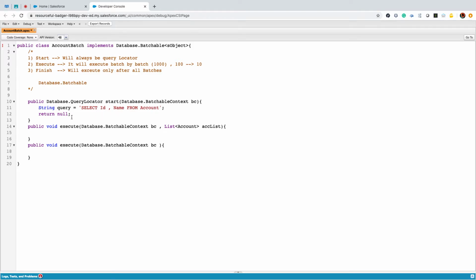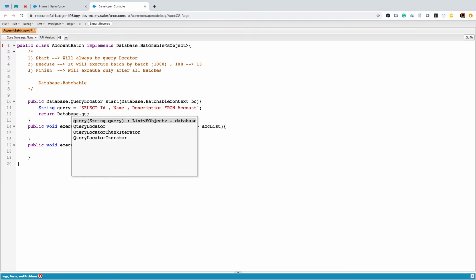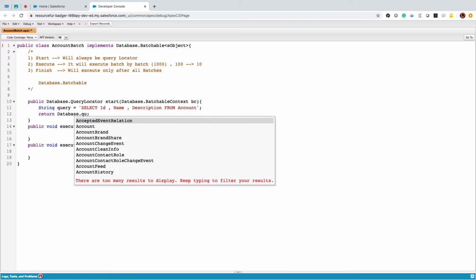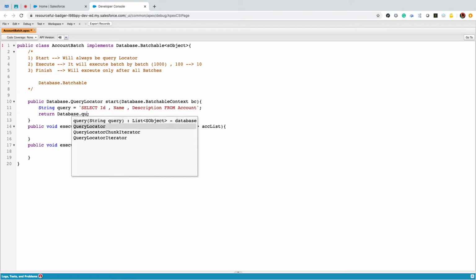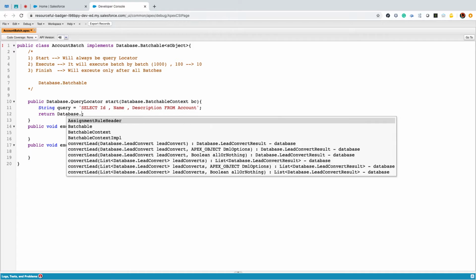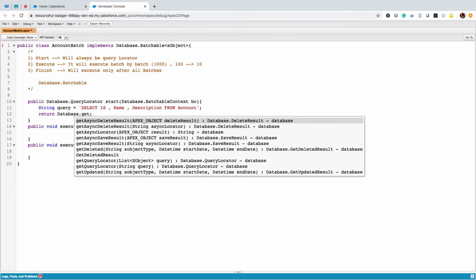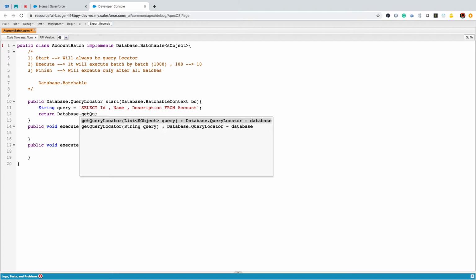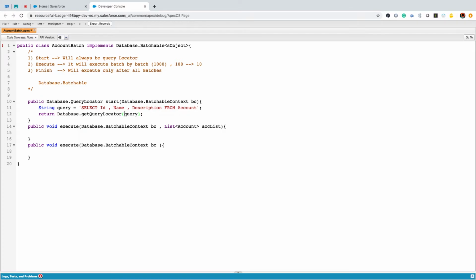Now instead of null, all you need to use is Database.getQueryLocator. Sorry, getQueryLocator is a method.